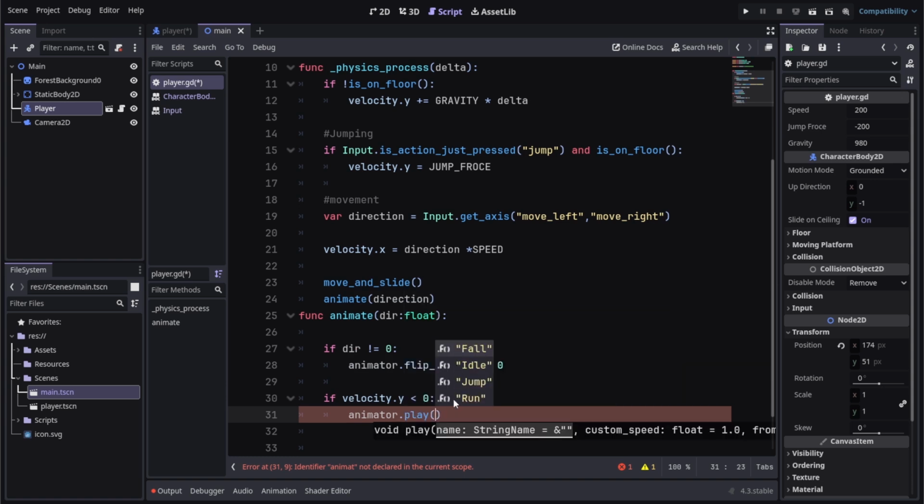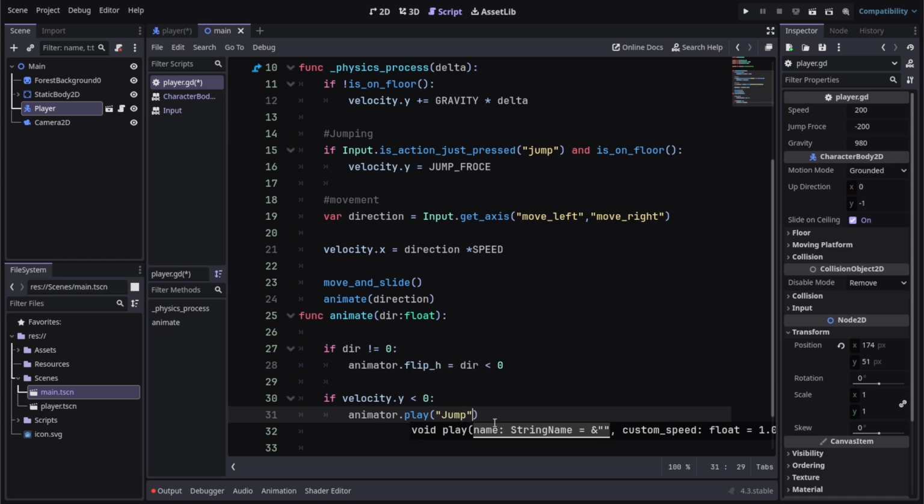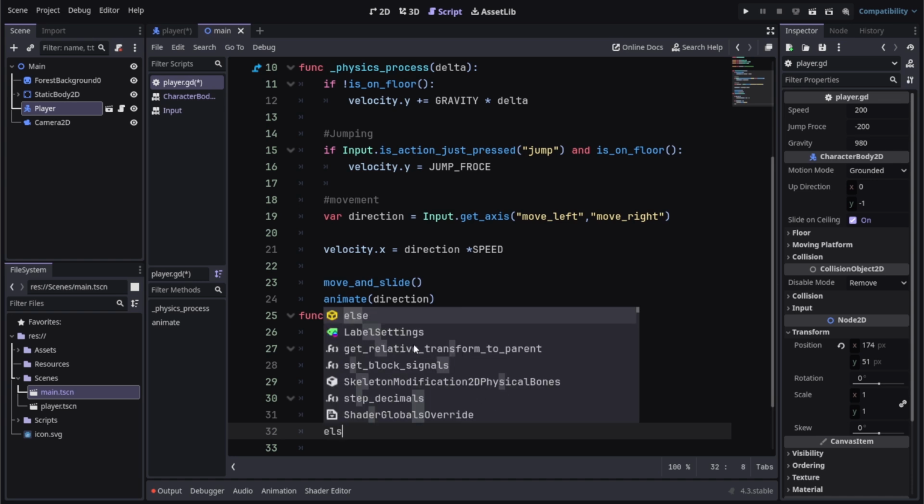This property just takes the name of the animation that we named while creating the animation. We're going to do fall if it's going down, because if it's greater, it's going to be jump, and else, if it's not that,